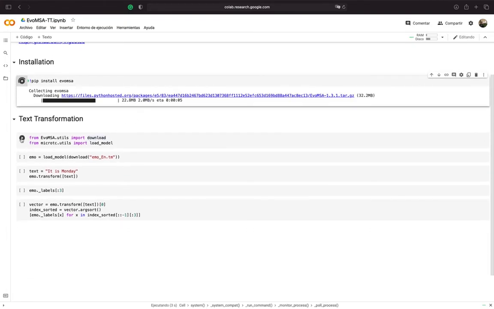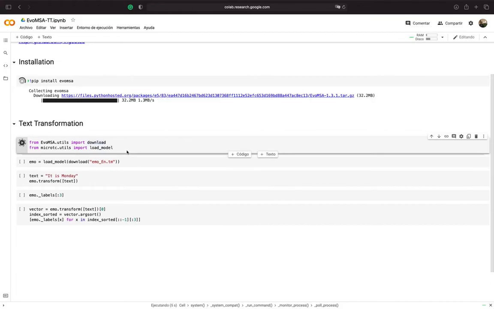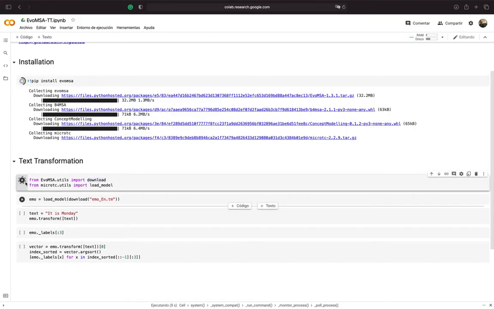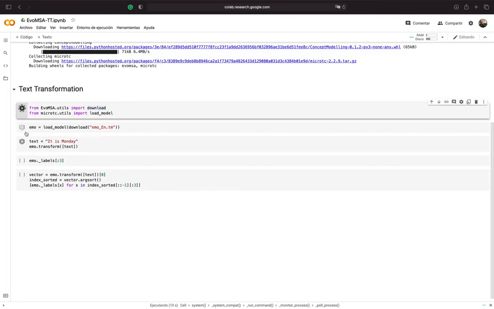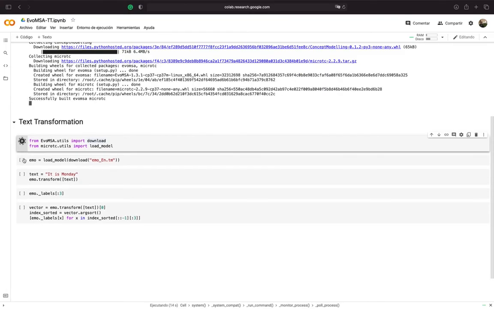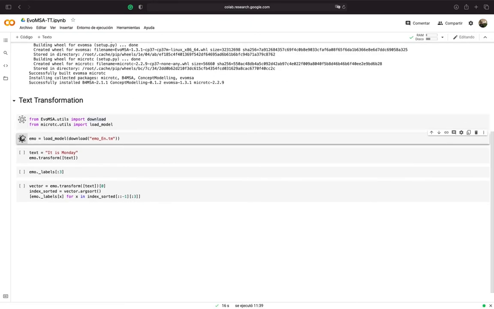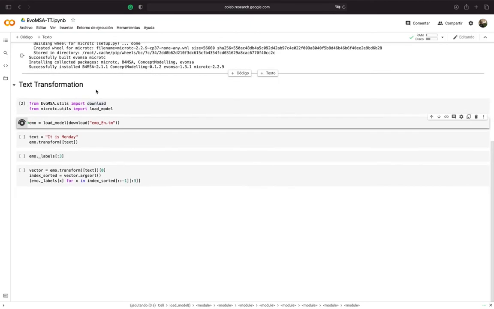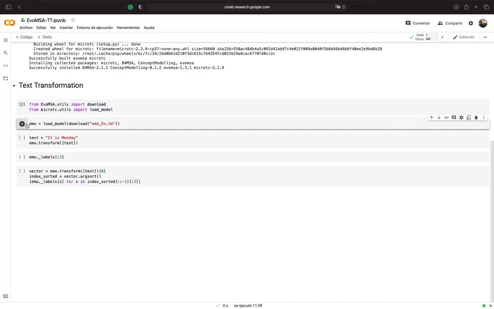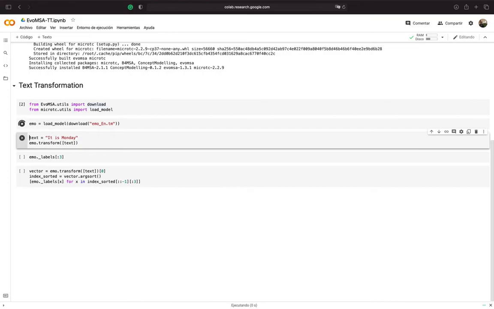In EvoMSA we have implemented this text model, this text transformation, and it is in different languages, as you can imagine, and we are going to use the one in English.